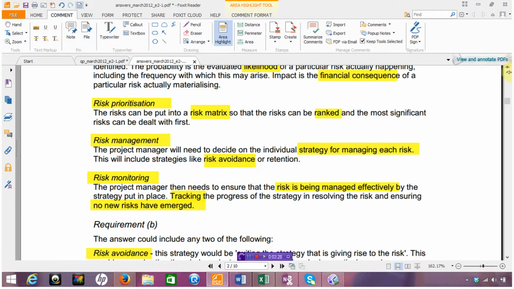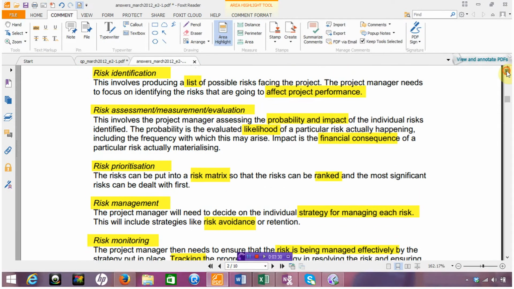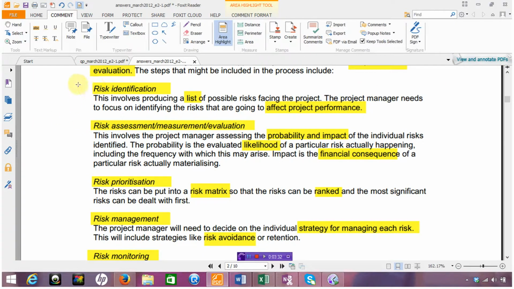Okay, so this particular section is fairly straightforward. We're talking about identification of the risks. We're talking about assessing the impact, the magnitude, and the probability of each risk occurring. From that, we want to prioritize in some way what the most important risks are and what the least important risks are. From that point onwards, for the high priority risks, we're going to employ some strategies